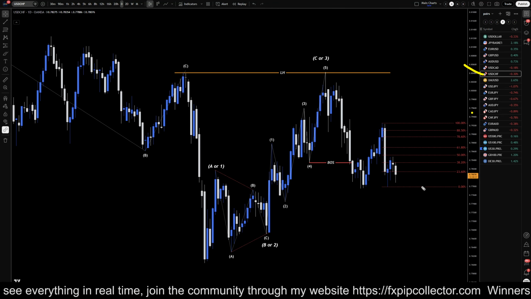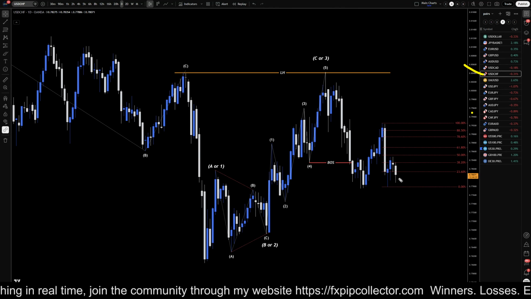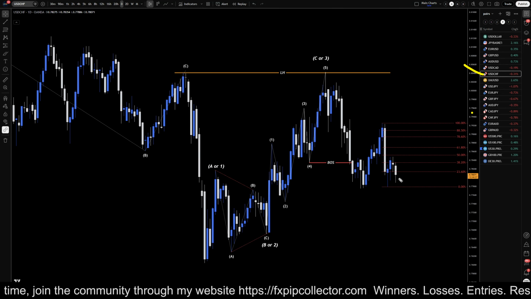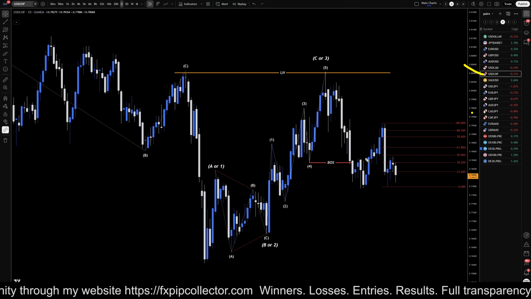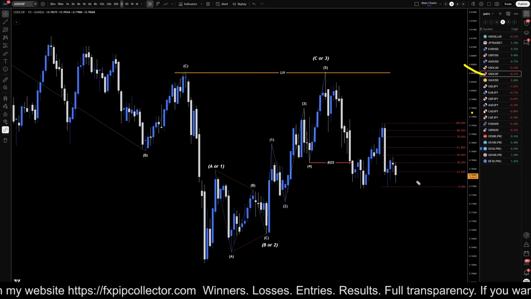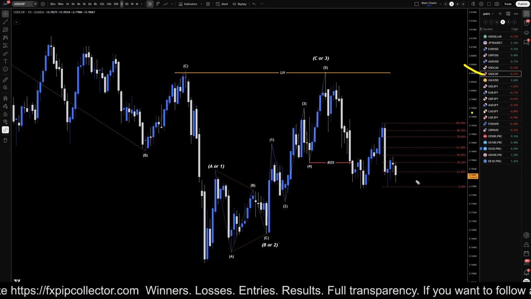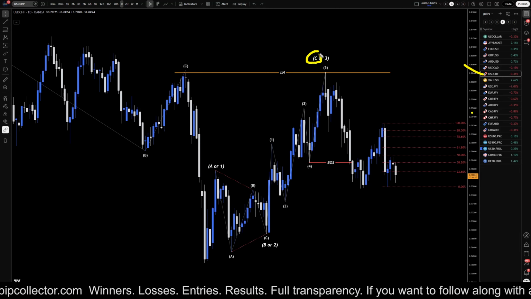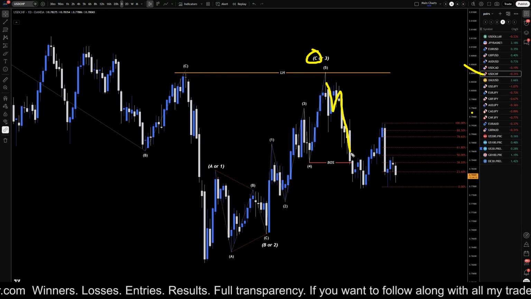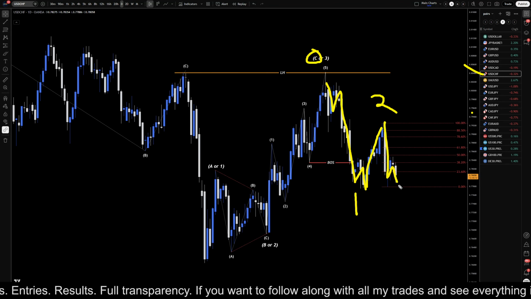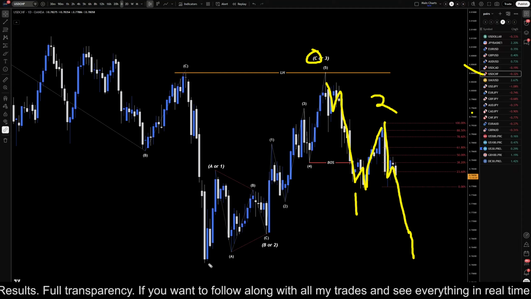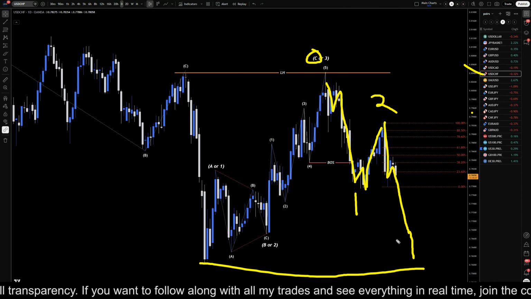So on the US dollar Swiss, we had a nice little push down last night in the Asian session because of an announcement that Trump made in the middle of the night. Or at least for me, it was the middle of the night because I live in Europe. But anyways, technically, this is in the direction of the trend, and if this really is a wave C, like I've been saying, it could be. This could be a 1, 2, 3, 4, 5 of 1. This could be a 2. This thing could literally be in a wave 3 right now, and it could go all the way down and take out the previous lows.